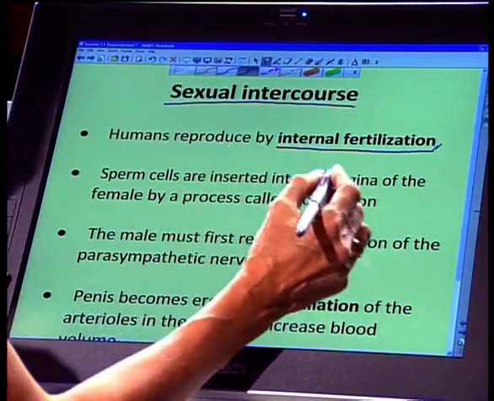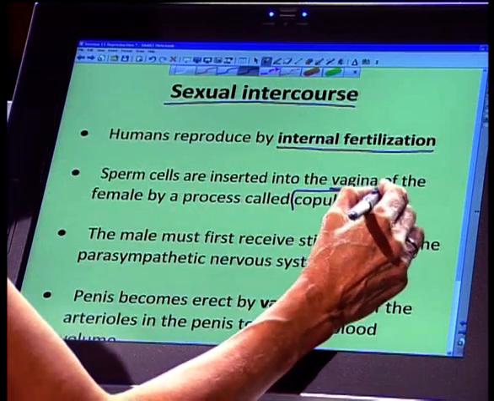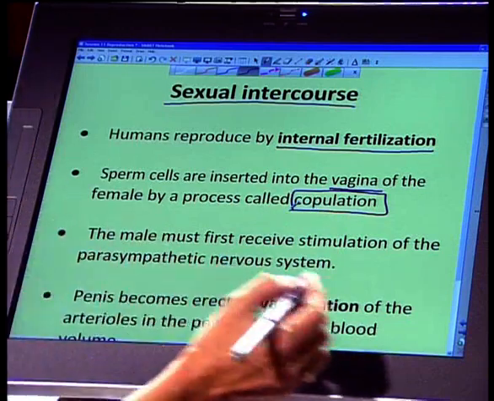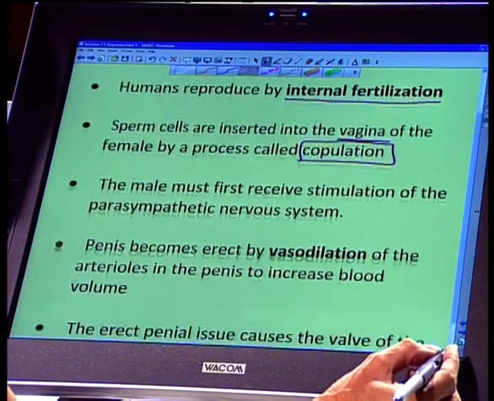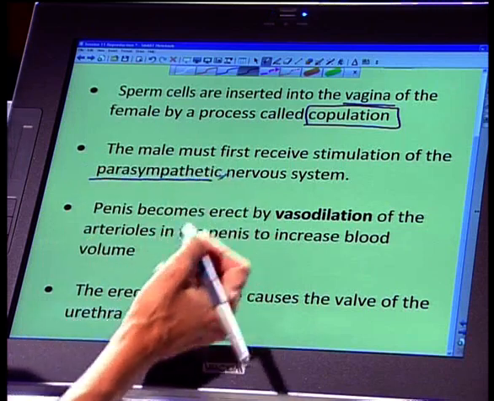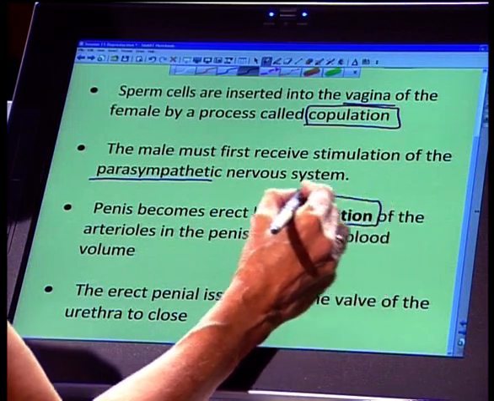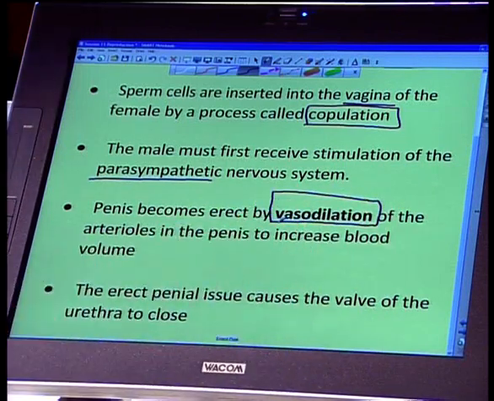All right. Normally, sperm cells are inserted into the vagina of the female by a process called, you've got to know this process, copulation. The female must receive stimulation, the male must receive stimulation of the parasympathetic nervous system, and that will cause vasodilation. You've got to know this term here. And if you look at your X sheets, what we've done is we've given you all the definitions, all the biological terms that you must know. And in there, you're going to find copulation,